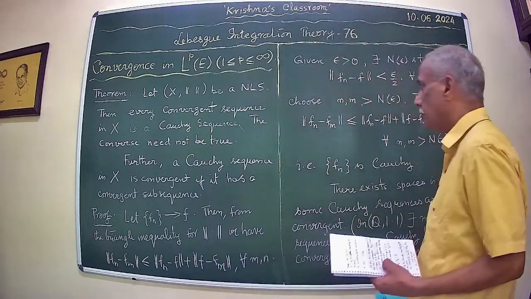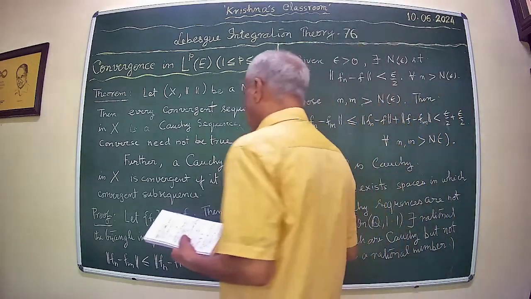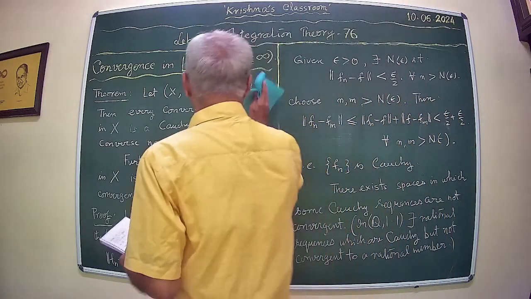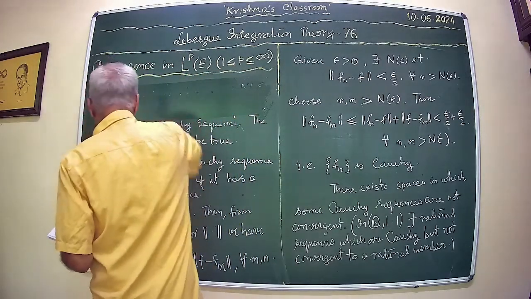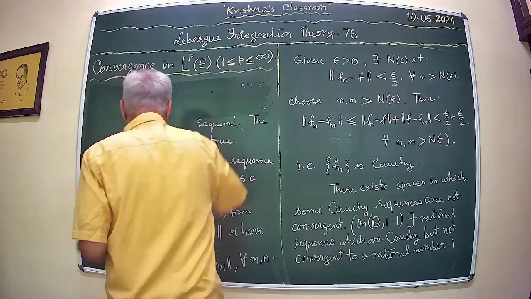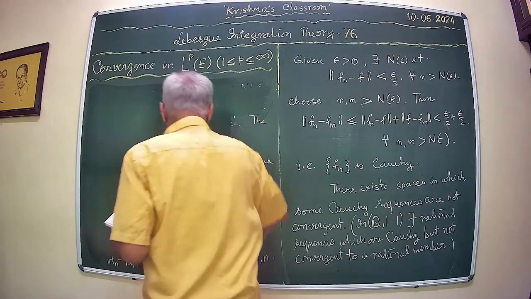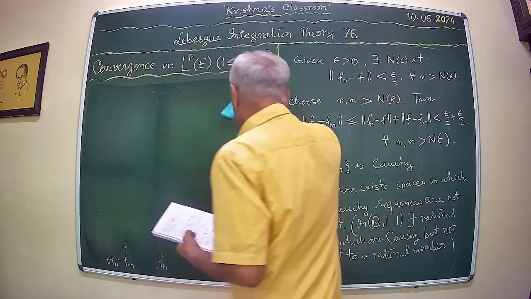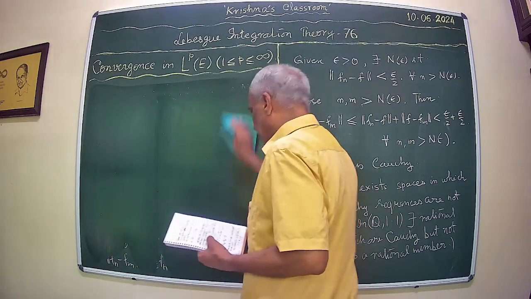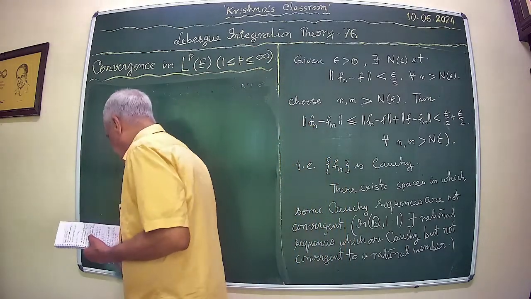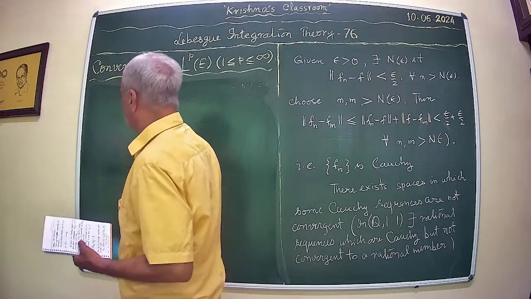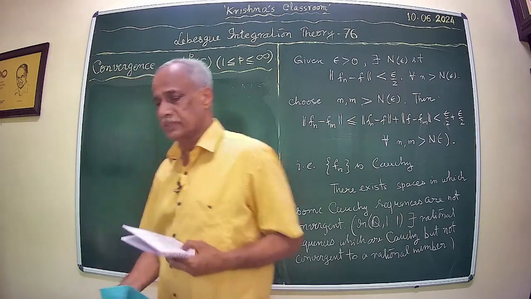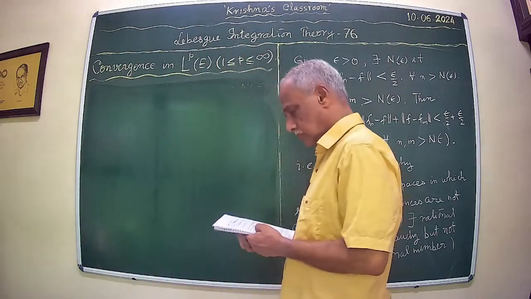So what we want to prove is this, that suppose Fn is a sequence which is a Cauchy sequence but has a convergent subsequence. And we want to assert that Fn converges to some element in the space itself. Okay. So let